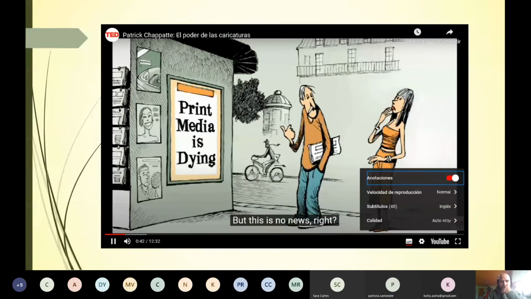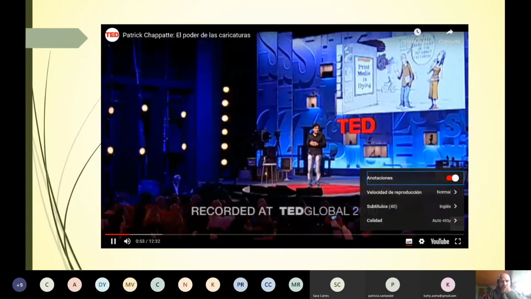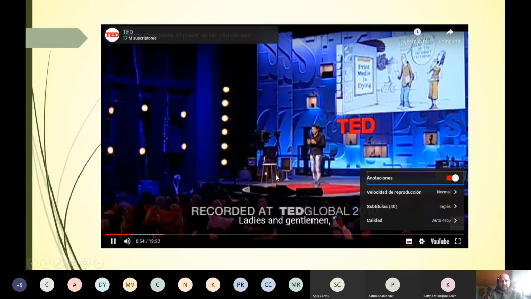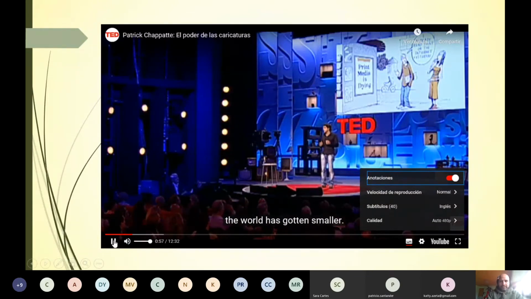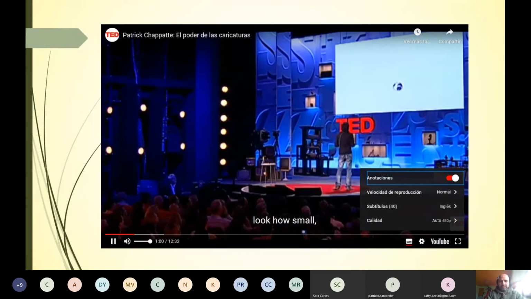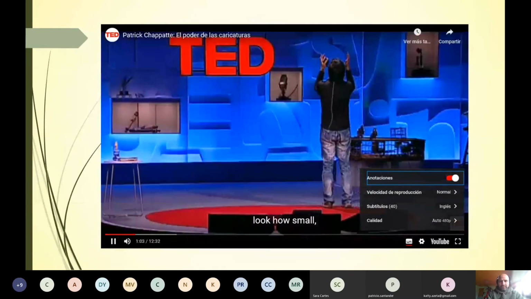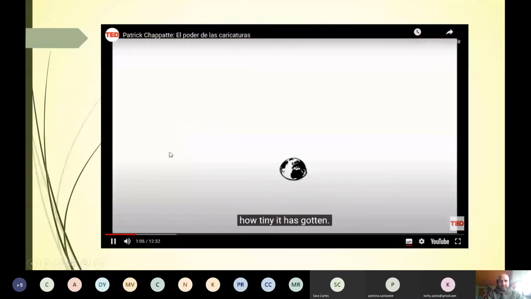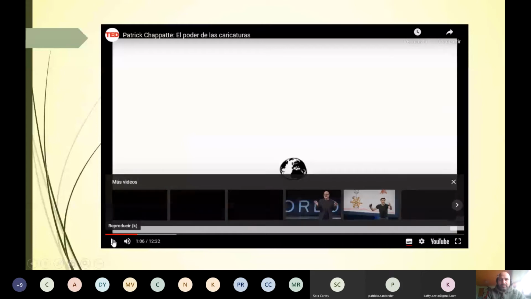But this is no news, right? You've read about it already. Ladies and gentlemen, the world has gotten smaller. I know it's a cliche, but look how small, how tiny it has gotten. And